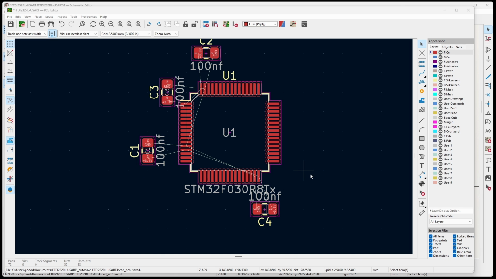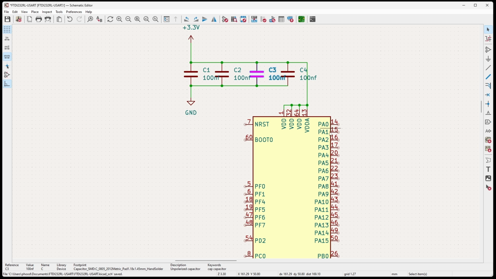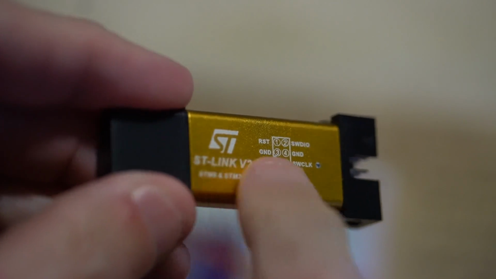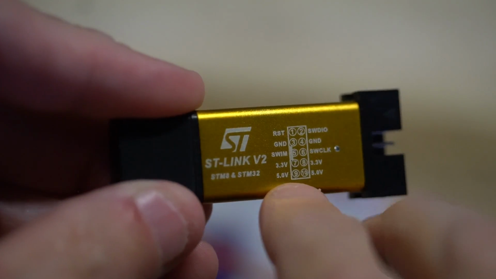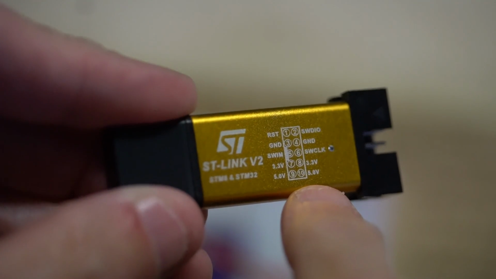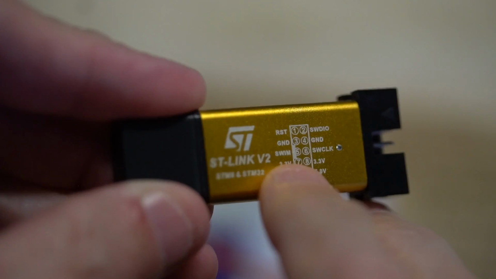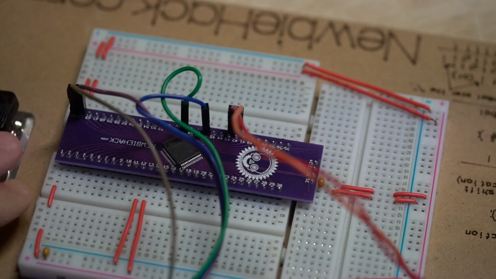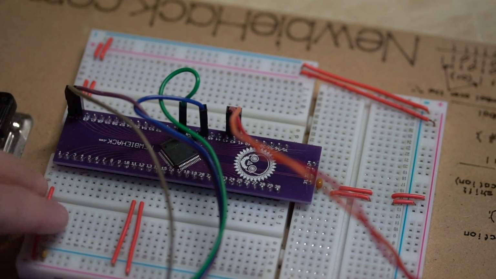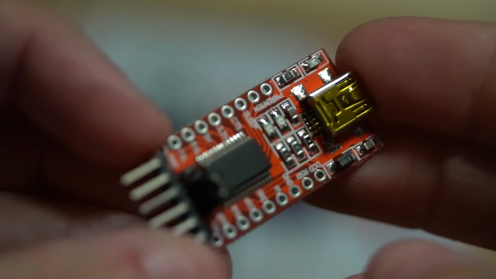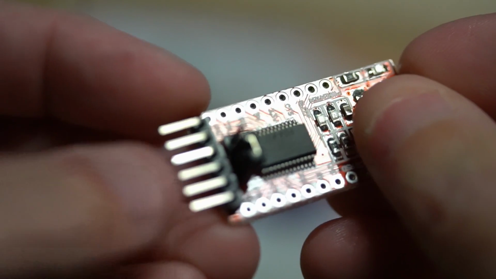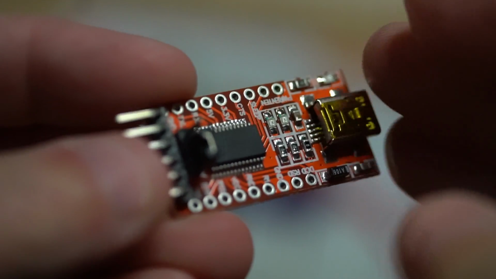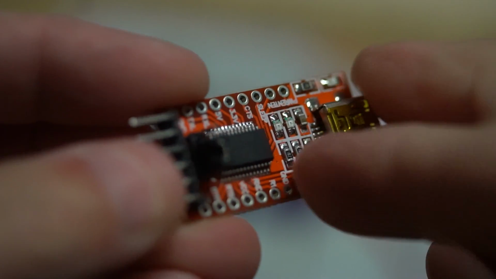So now we have to give this PCB the ability to receive power and to be able to program the microcontroller. Currently, the ST-Link is providing the power that we need, and we can connect to 3.3 volts or 5 volts with this ST-Link. But in your PCB, you may want to provide power in another way. You can even provide power using the FTDI board, using pins on the side. So you have some options, and we'll delve into that a little bit more when we look at the schematic